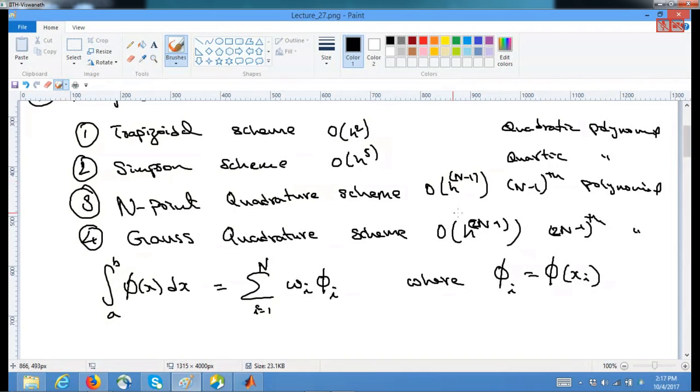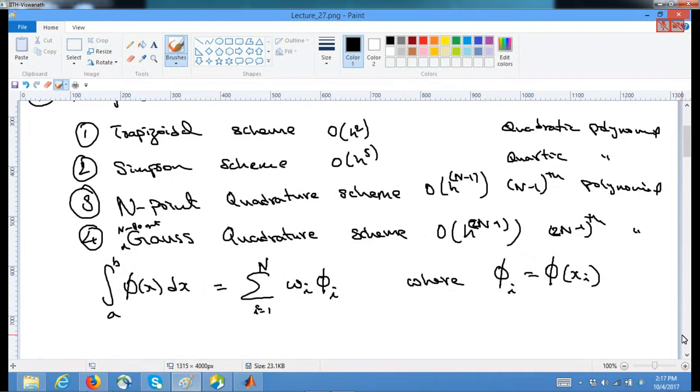The only difference is, if you have an n-point quadrature, n-point Gauss quadrature will still do 2n minus 1. That is, it takes extra effort, with the same number of computations, to have up to a higher degree polynomial exactly integrated. Okay, and these weights and the corresponding x_i's are both variables in the Gauss quadrature schemes, and we have shown